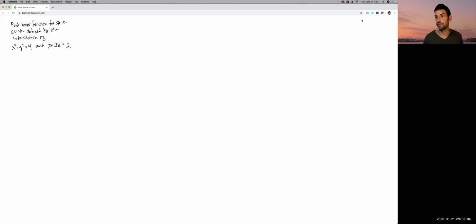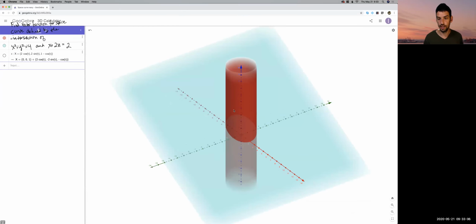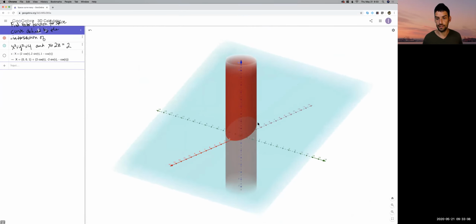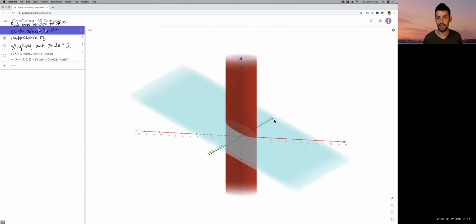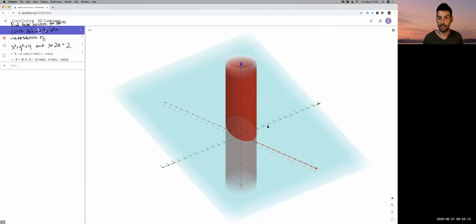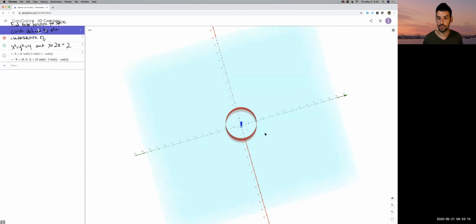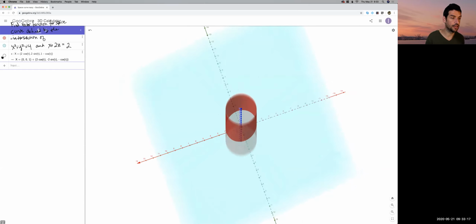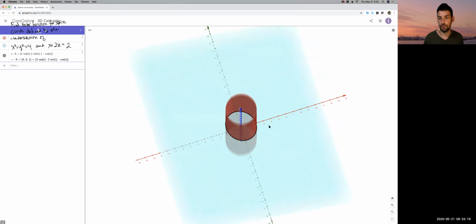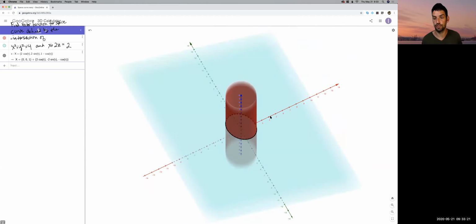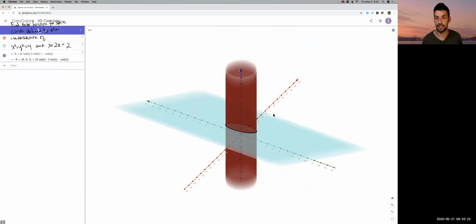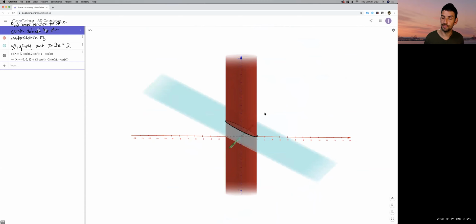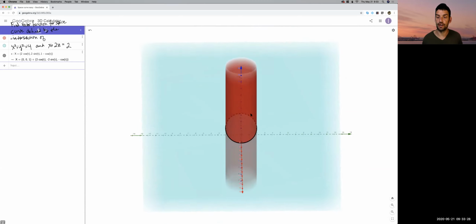So I actually have these graphs. Let's take a look. So the red is the cylinder, obviously, and then this blue plane. And we can see their intersection, right? From above, it looks like a circle. Well, it doesn't show us that. Actually, I can make it show it. So from above, it's a circle, this intersection. I put a little black line on the intersection, but it's at an angle, okay? So we have to figure out how we can